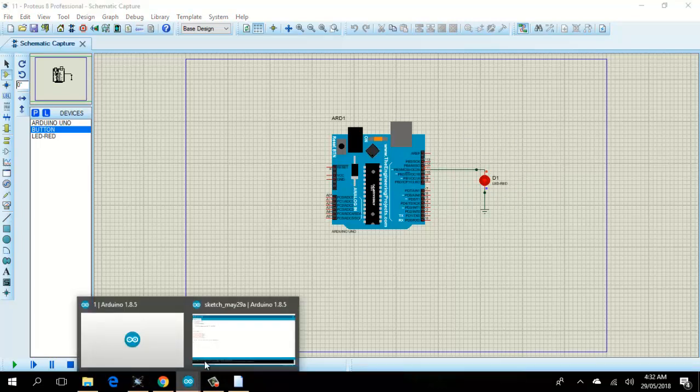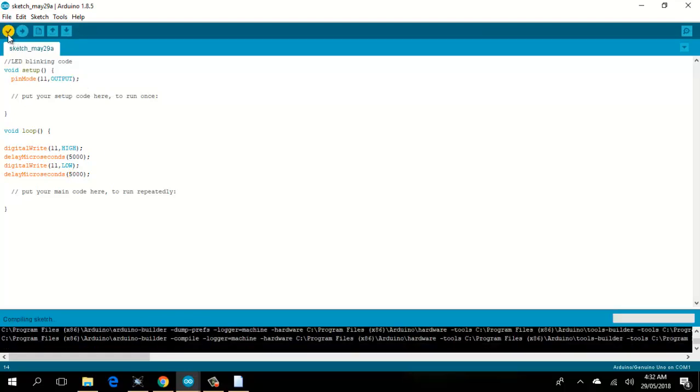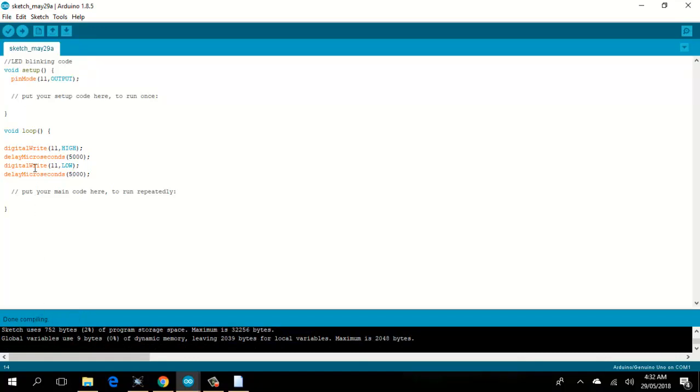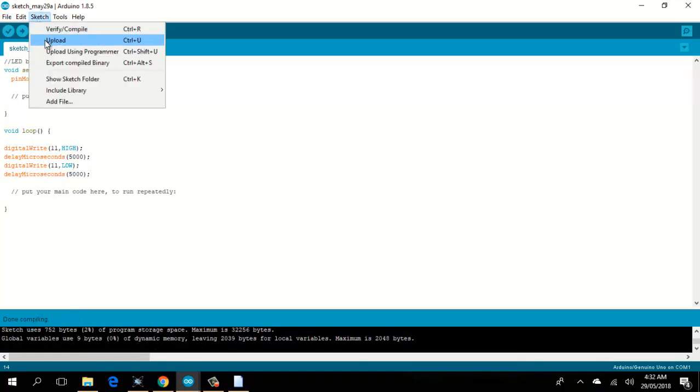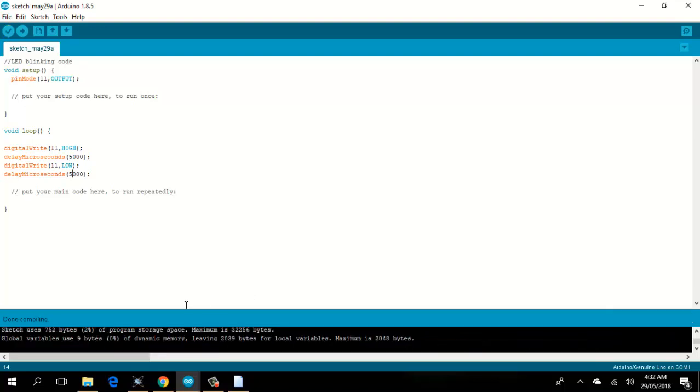Now I am going back to the code, and I will give it more delay of 5000 microseconds. Now again compile it. Done compiling, then again go to Sketch, export compiled binary to get the hex file. Okay, done compiling. Now go to Proteus again,